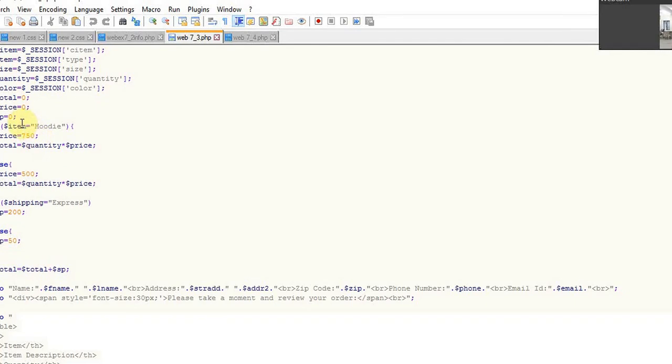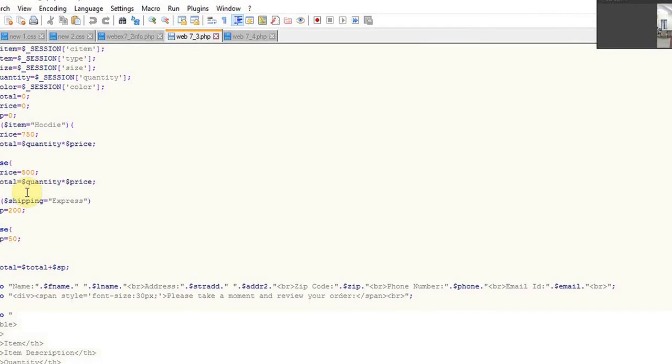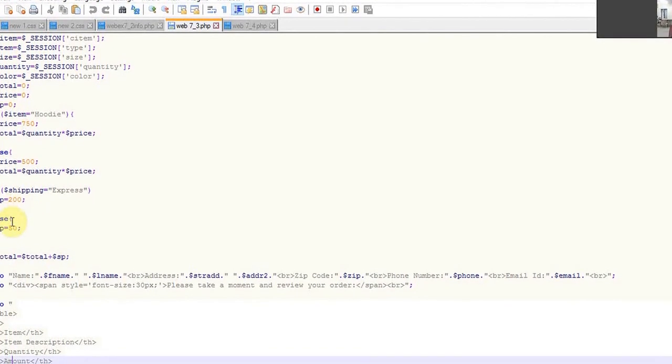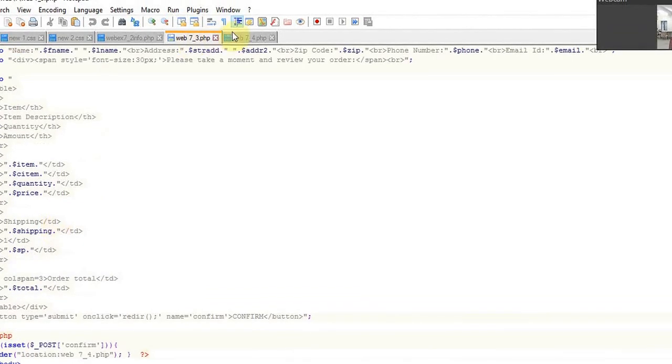If my item is hoodie, the price is equal to 750, and my total amount will be the quantity into price, and else the price will be equal to quantity into 500. And if my shipping is equal to express type, then the amount will be this much, and else the amount will be this.